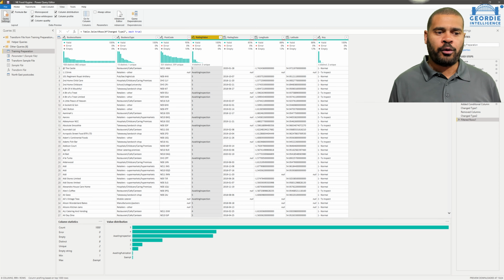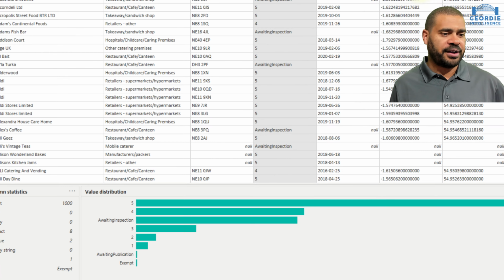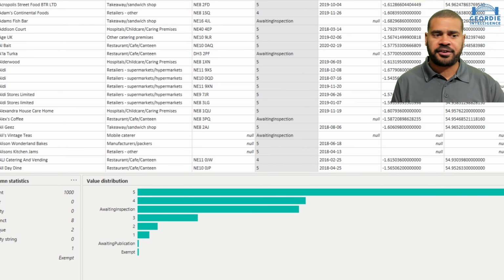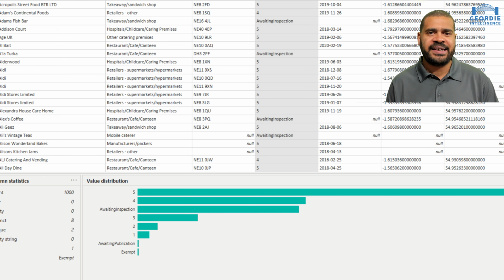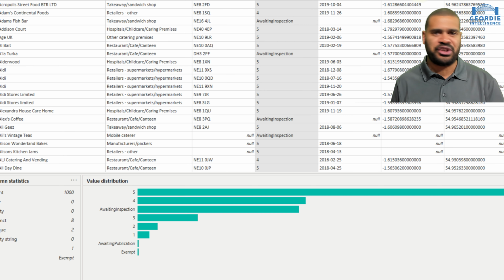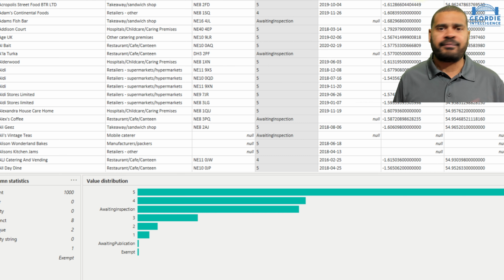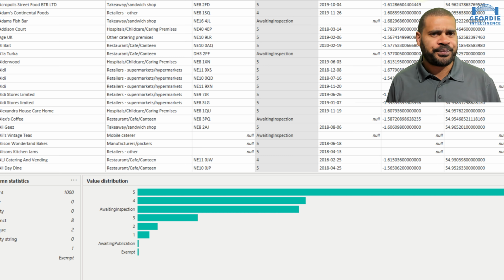Because when we look at the data down here, let's zoom in a bit on it. You can see we've not just got the 1, 2, 3, 4, 5 for the valid results. We've got a couple of other ones. We've got exemptions, so a couple of places look to be exempt. A couple of places are awaiting publication. So presumably they've been inspected, but there hasn't been a chance yet for it to be ratified. I'm guessing there's some kind of validation process they have to go through. And then we've got the ones that are awaiting inspection, which is kind of an interesting one.